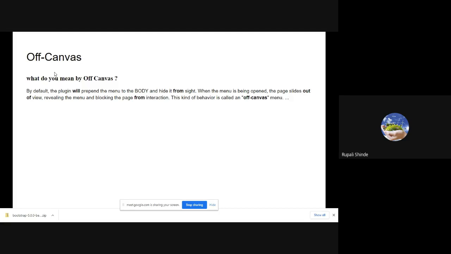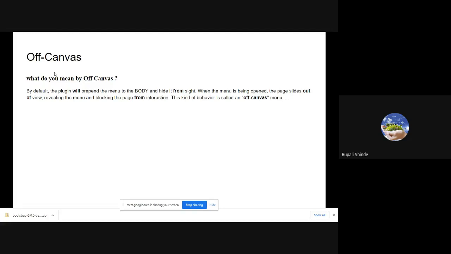By default, the plugin will prepend the menu to the body and hide it from sight. Suppose you want to display some menu on the screen, but you do not want to display it continuously, and you want to hide it. At the same time we use the off canvas concept.